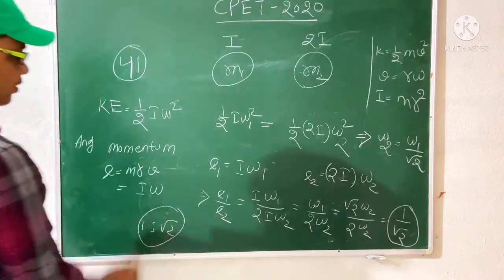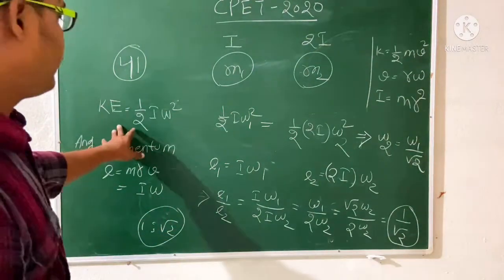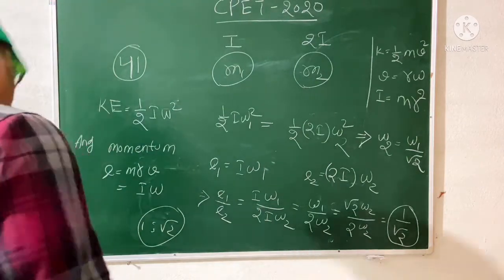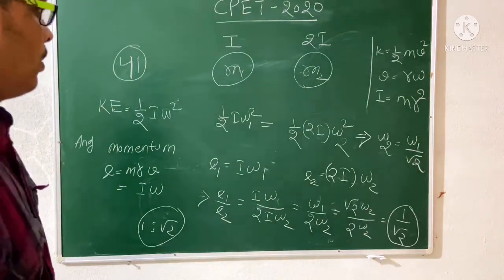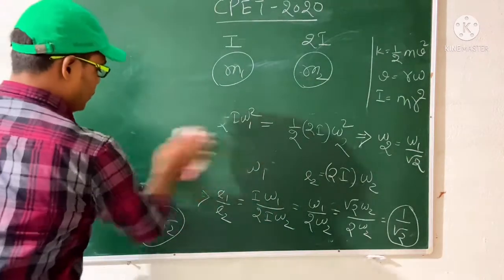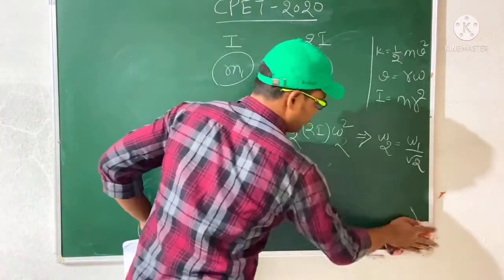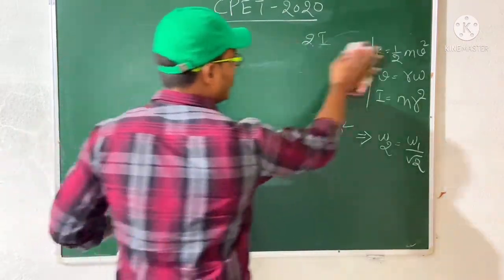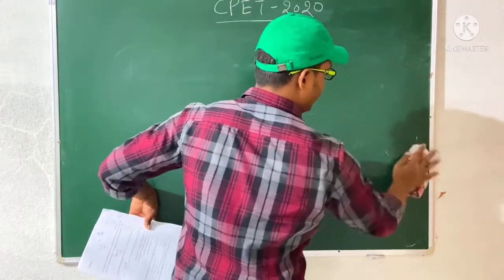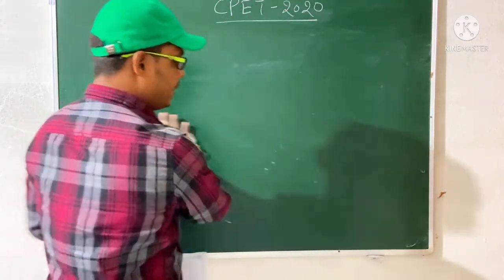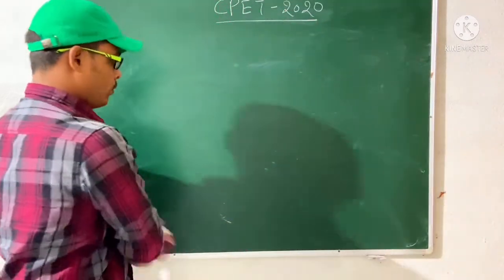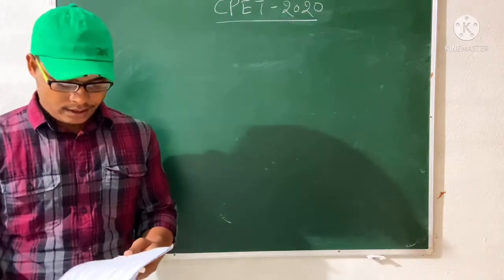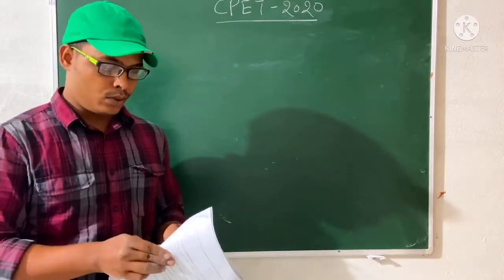Okay, so here we have to remember the kinetic energy formula and the angular momentum formula. So try to remember, this is a mechanics question. What is the angular momentum, what is the ordinary momentum, what is the moment of inertia, what is kinetic energy, everything you have to remember. Okay, so next we will go to